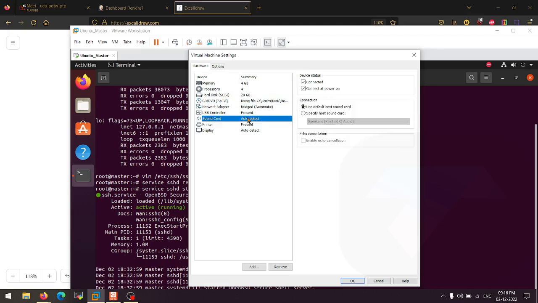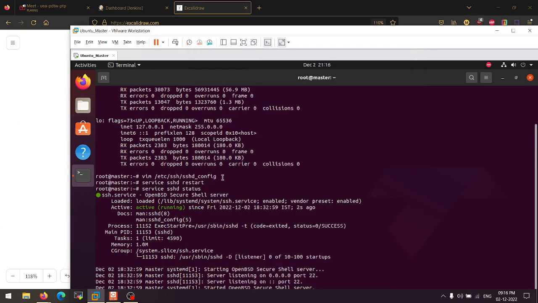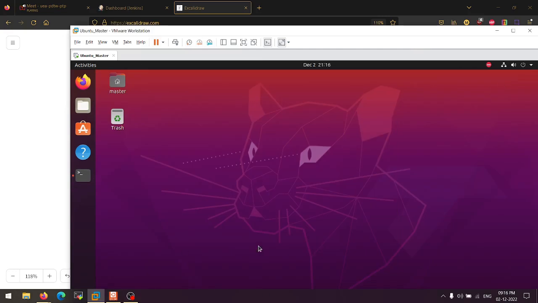Then we have the network connection. That means I have created a virtual environment for this specific other Ubuntu system, right? That's why I'm able to use this like here. Okay, so two systems. This is also a GUI system, right? You guys can see this is the graphical user interface system.